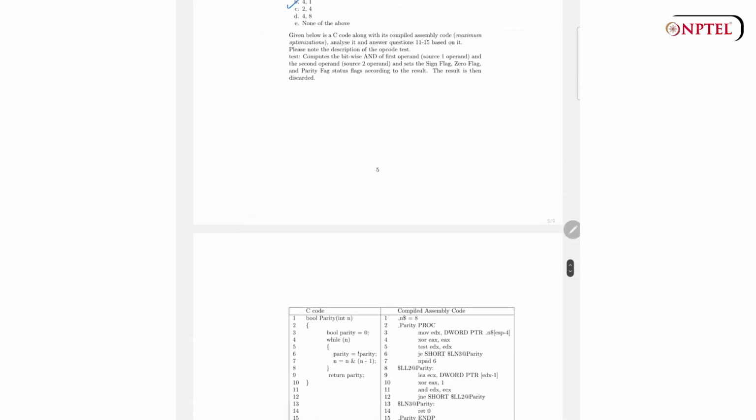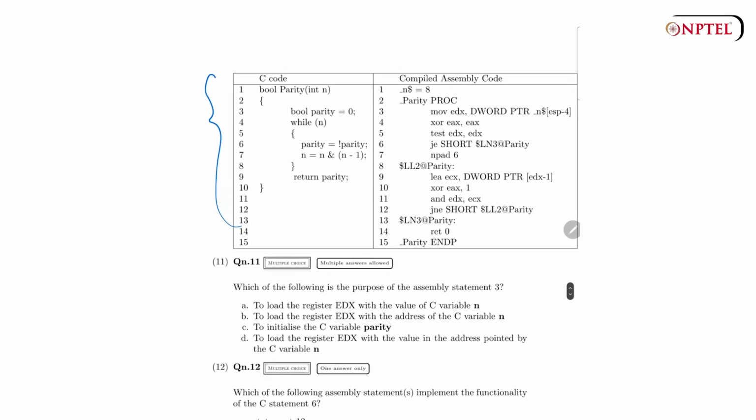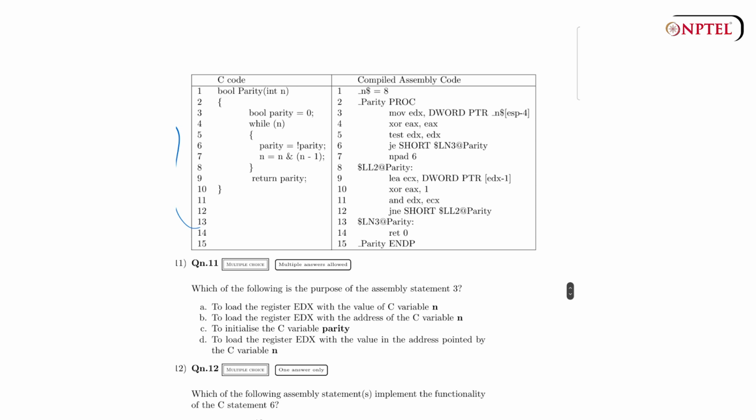Alright, let's go to the next question. So here there's a C code given and there's a few questions asked on it. Which of the following is the purpose of assembly statement 3? Assembly statement 3 is basically this, so let's just go through the options. To load the register EDX with the value of C variable n. That actually is the right answer,